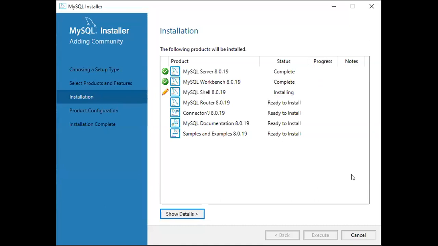I hope we can finish before 3 o'clock. It is continuing, and if you have any doubts, just let me know. You can ask in parallel. Hope everyone is able to see this installation window.